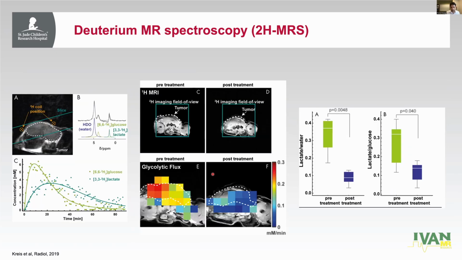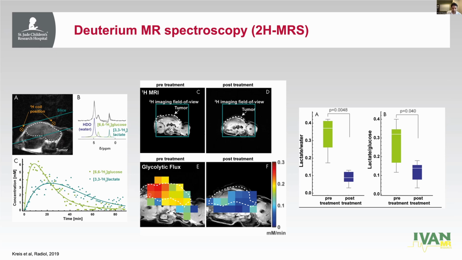And now more and more researchers are getting excited about this. Kevin Brindle publishes a lot of these studies in which he does in-cell NMR as well as mouse as well as human, especially deuterium spectroscopy, showing the effects of therapies as well as glycolytic flux rates in these mice models. So this is an example of a flank tumor showing again the lactic acid turnover of the 6,6-2H2 glucose